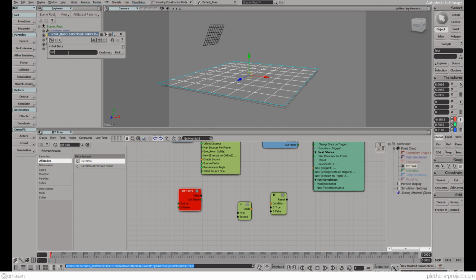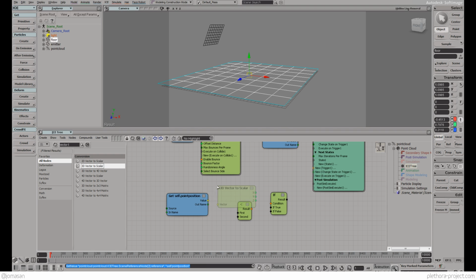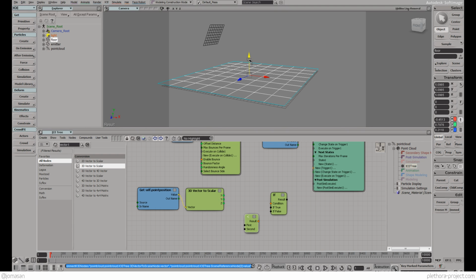So self dot point position, right? We're getting the position of the particle, which is the point position as well, and we're going to convert this data. We're going to say vectors 3D, or 3D vector to scalar. That's the one we want, right? So we're going to connect the position of the points. We're going to decompose it as x, y, z values, and we're going to say that the y-axis, if it's smaller than 0,